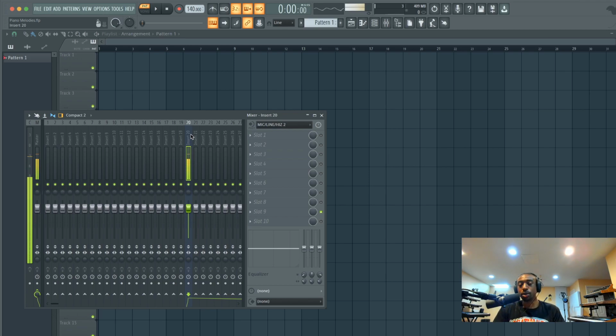BusyWorksBeats.com. Today we continue the music theory series, and I'm going to show you a cooler way to write melodies inside of FL Studio. This idea is produced by Relic on Twitter. I saw this from his tweet. He says, want to make beats faster? Just turn up the BPM. And I thought that's a really clever idea. I know he was probably joking, but it's actually a really clever idea.